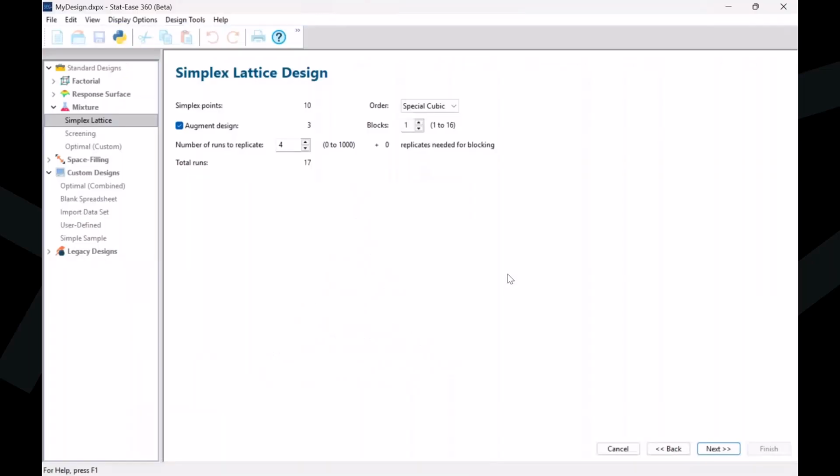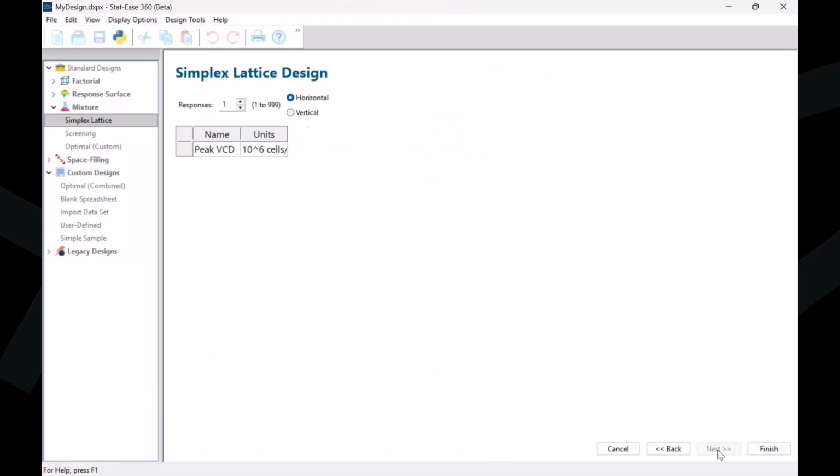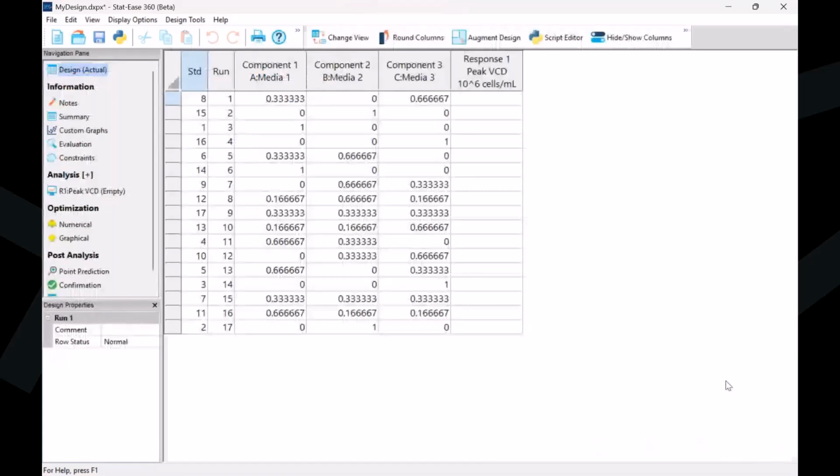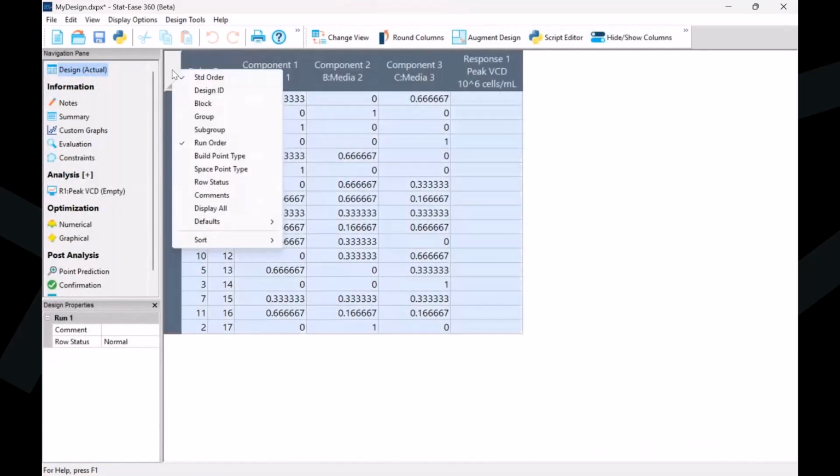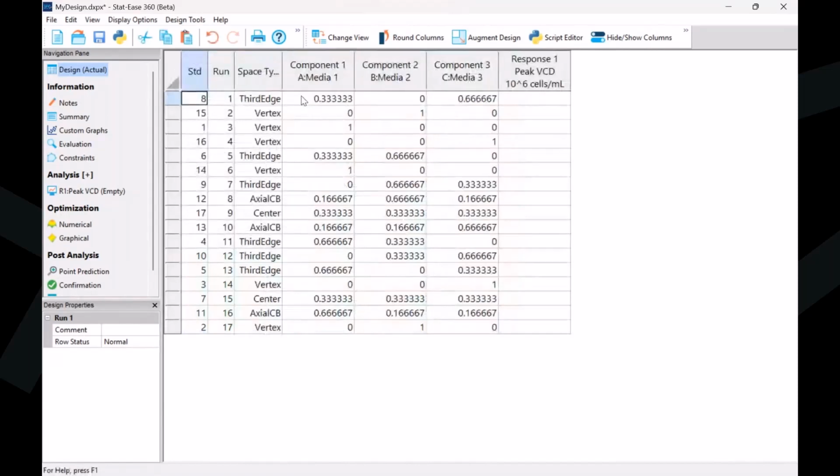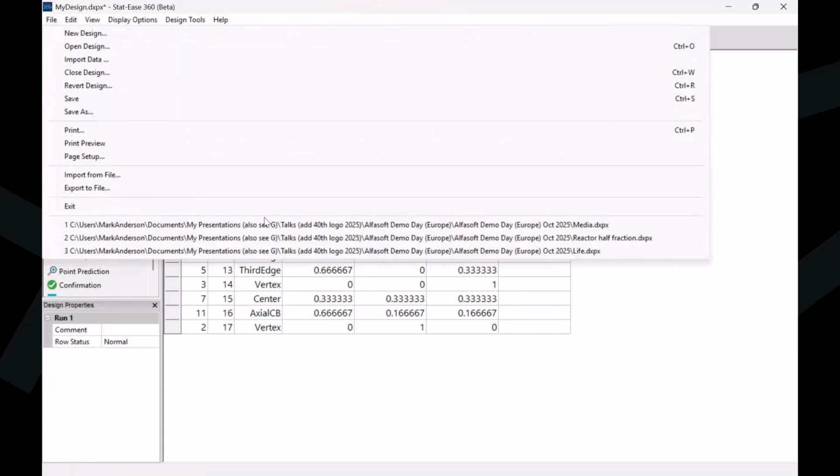So all of this is pretty much set up by default, but you can decide what order polynomial model you want to fit. With 3 ingredients, I think special cubic would be a good one. Again, you can get advice from me and our team once you're licensed. And then we create a design that covers this space, create a randomized recipe sheet,